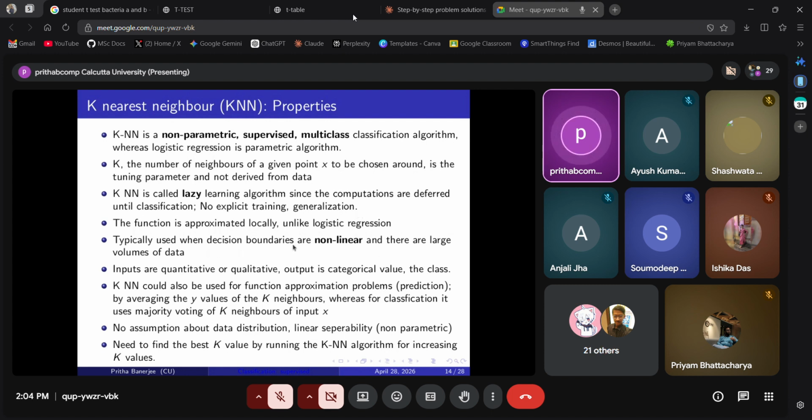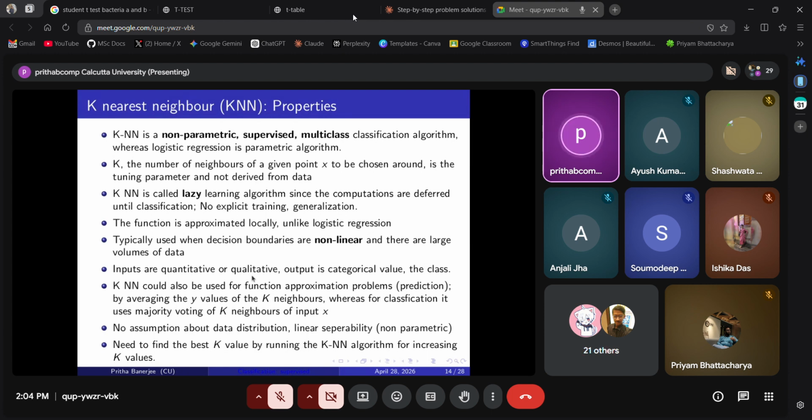So KNN is typically used when decision boundaries are non-linear, when it is very difficult to separate different types of classes and there are large volumes of data. So inputs can be quantitative or qualitative. Output is a categorical value, the class. If it is a qualitative thing, then you have to standardize or scale it to the rest of the data set, so that the qualitative data is not out of range of the